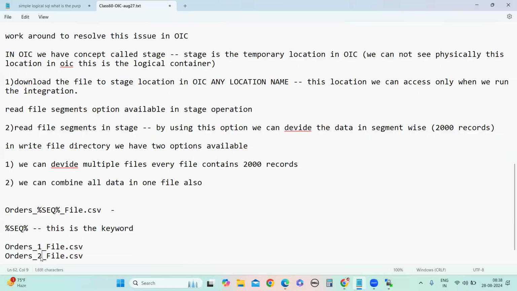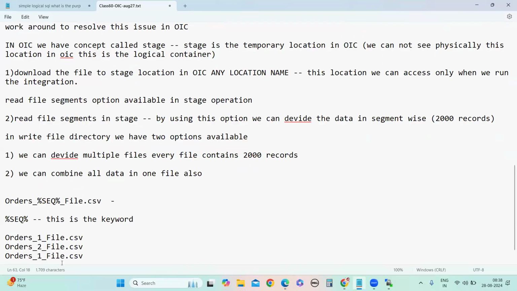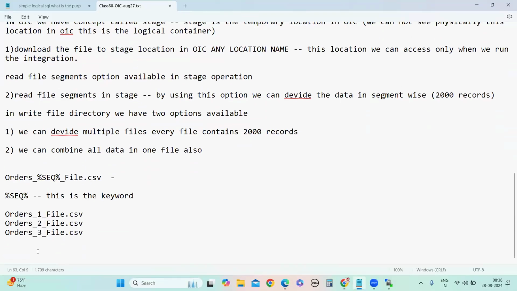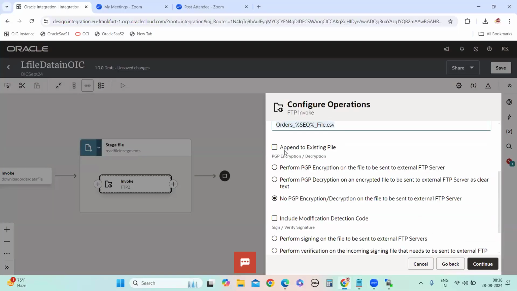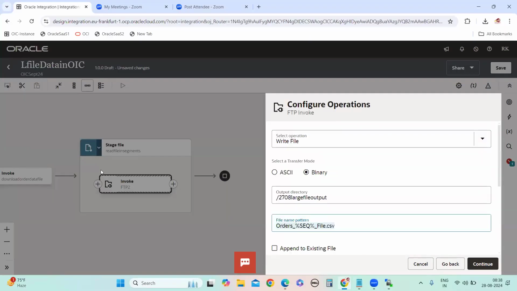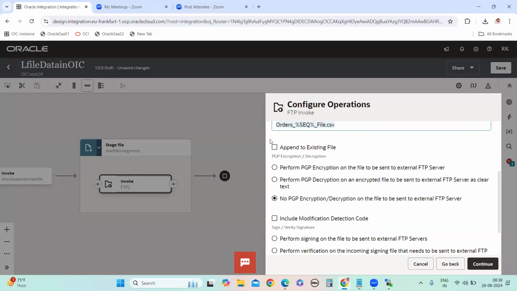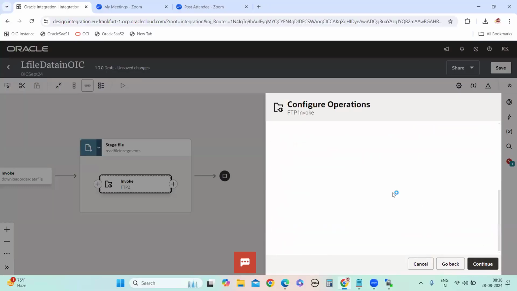Second run, 2. Third run, 3. Like that it will be iterated: 1, 2, 3, 4, 5. Understand or not? Use the SEQ keyword so that the files are generated like this. The append to existing file option I will show you in the next step; for now I am not using it. Continue.